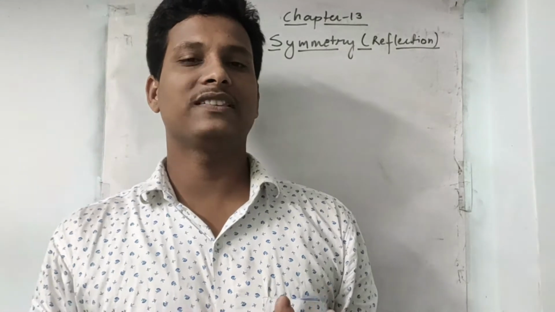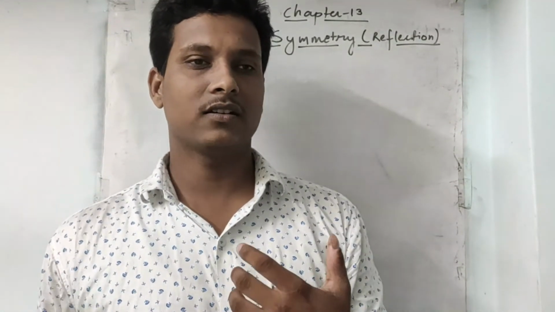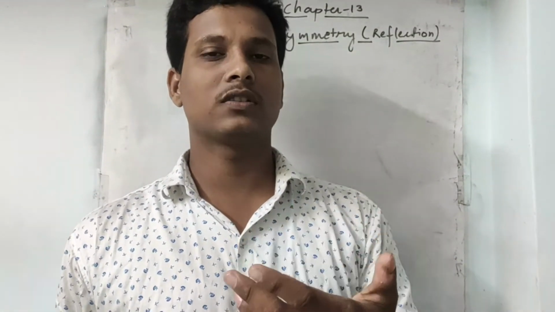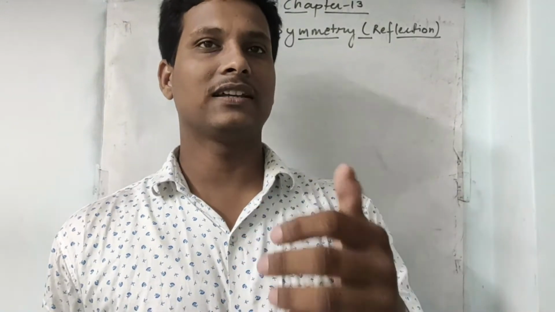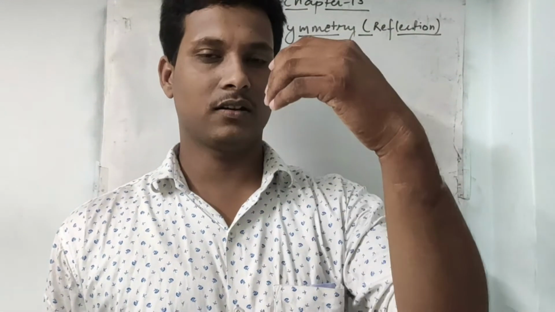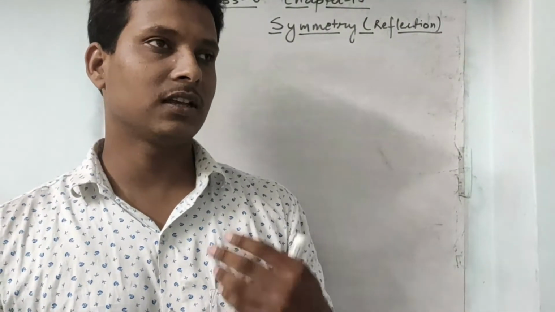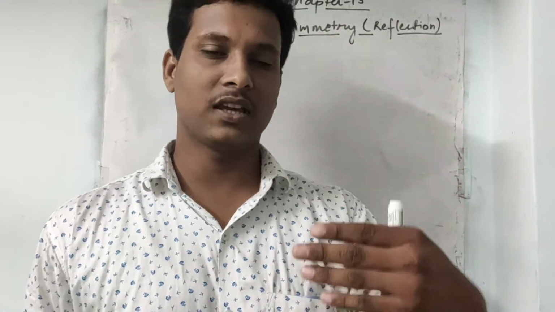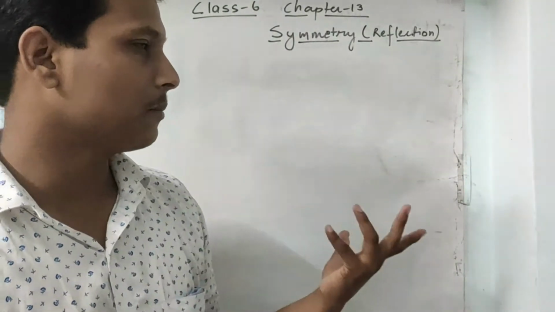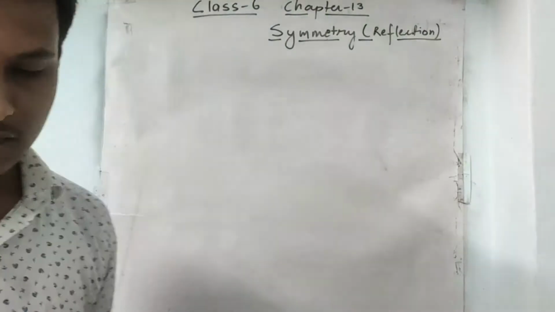Okay, so what do you mean by symmetry? Symmetry basically means identical things. Like in real life, you are seeing yourself in the mirror. The same identical things are outside the mirror, that is you, and inside the mirror, that is your image. So both are symmetrical, meaning all the postures you have are the same in the mirror also. These are called symmetrical things; the same identical things are called symmetrical things.